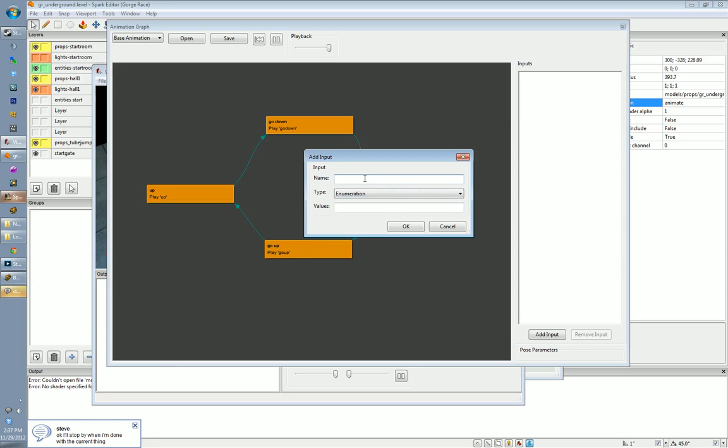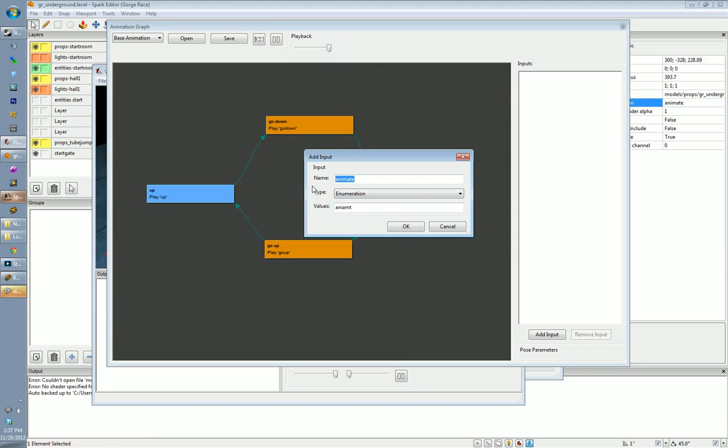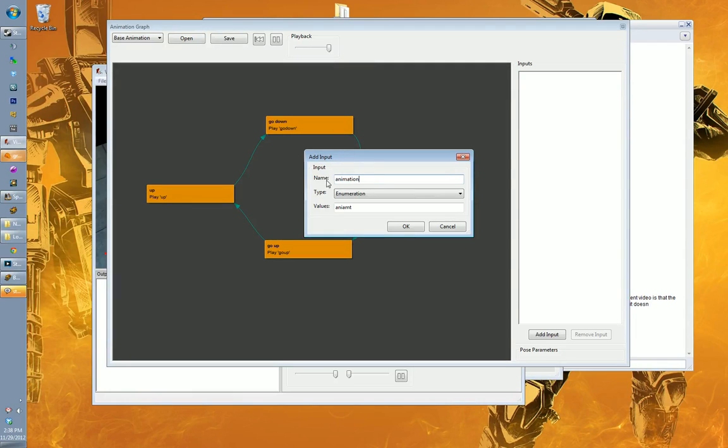Enumeration is where, well, let's just say that the animate is the name of it. Enumeration would be, or no, the name of this one is actually going to be animation. And when we're using an animation input from the editor, you see here this animation input from the editor, you're going to want to use an enumeration and name it animation, and then you want the value to be whatever you put in